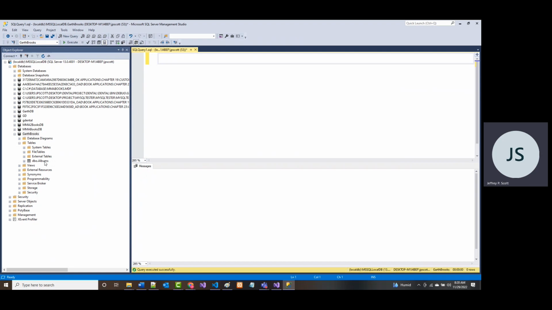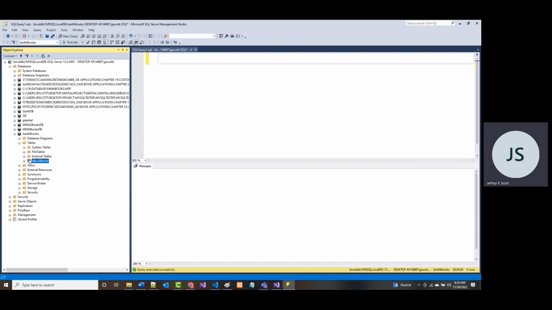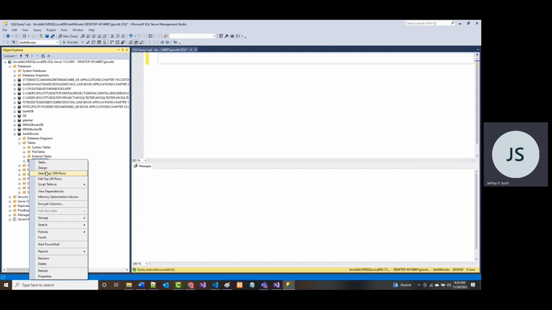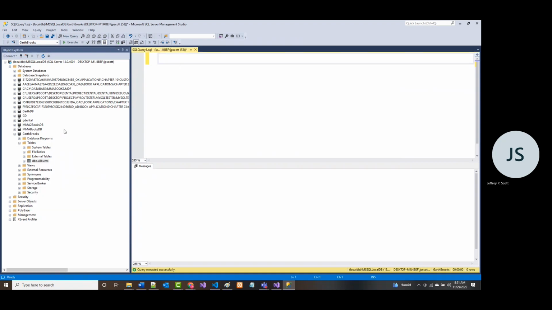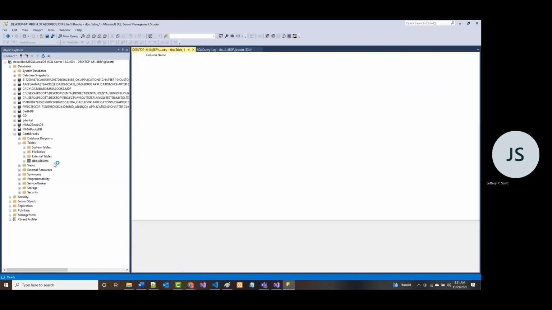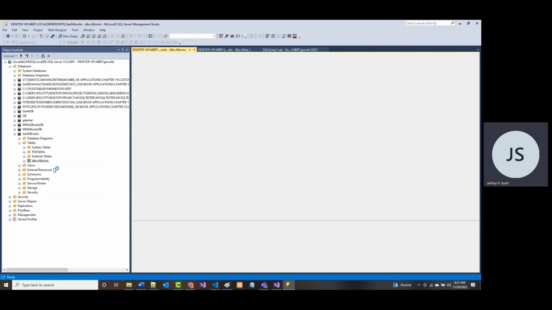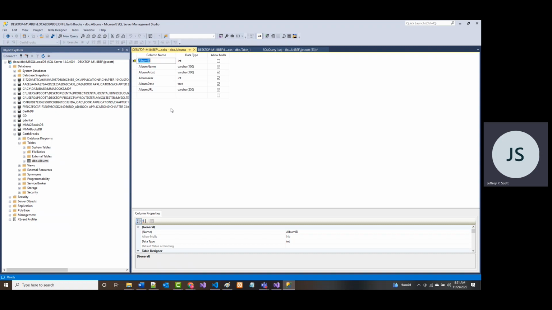Now, the other thing I can do, I'm not going to, but if I wanted to type in all 15 of these records manually, I could right mouse click on here and choose, where is it? I could go to tables. Let's see if we can look at some of the stuff that's in here. I'm going to go to tables and design and notice what just got built for me. All right, so all that stuff is in there.